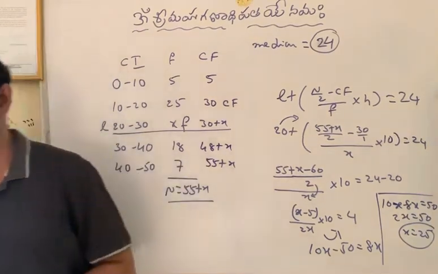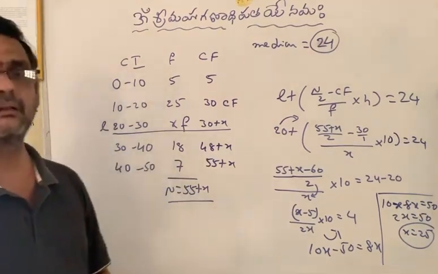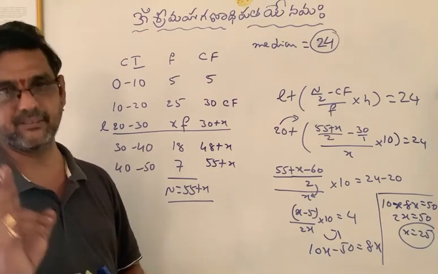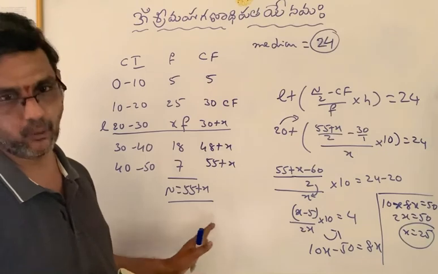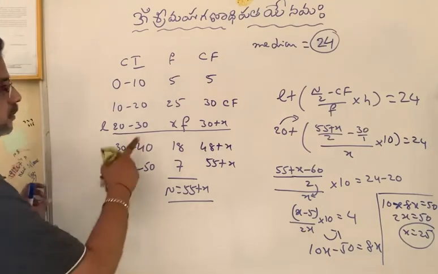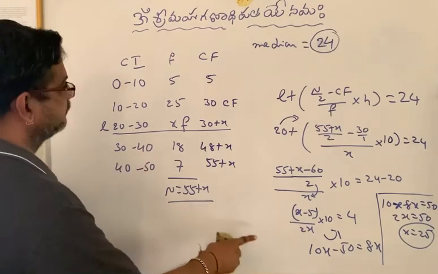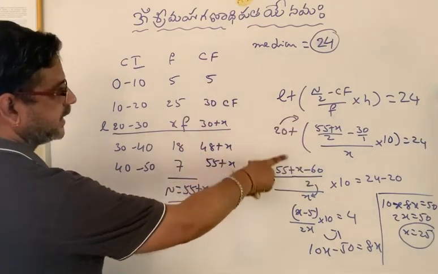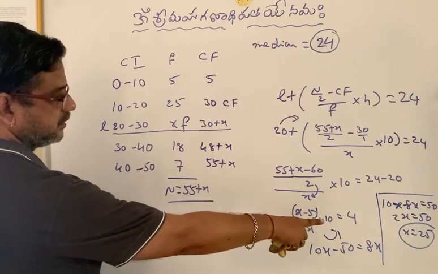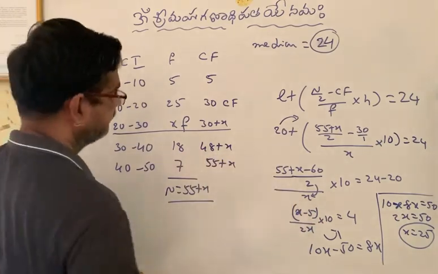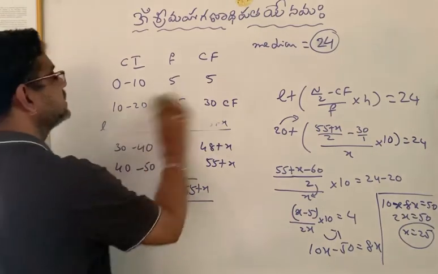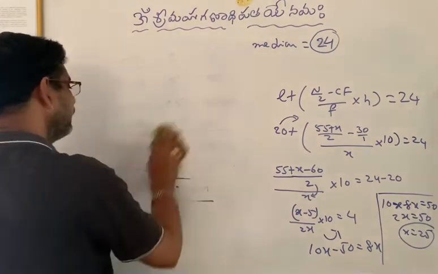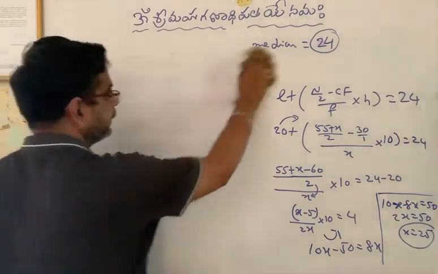Now, we will try to find out, when the median value is given for a data, how to find two missing frequencies. That one we will see now. So once again, please observe this clearly. First we need to find the cumulative frequency, then apply the formula, substitute the values, and simplify. Finally you got the x value 25. Now we find two missing frequencies of a data when its median value is given.